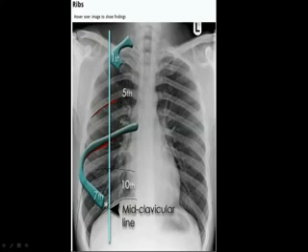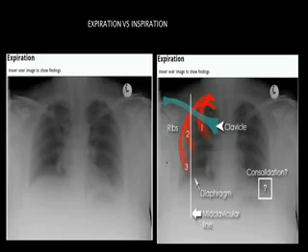This is the midclavicular line. And you must see the 7th rib anteriorly at the midclavicular line, not overlapped by the diaphragm. That's the ideal film. So if you see the example here, this is not like expiration, it means the patient did not take good inspiration or could not hold it for a long time, so X-rays were